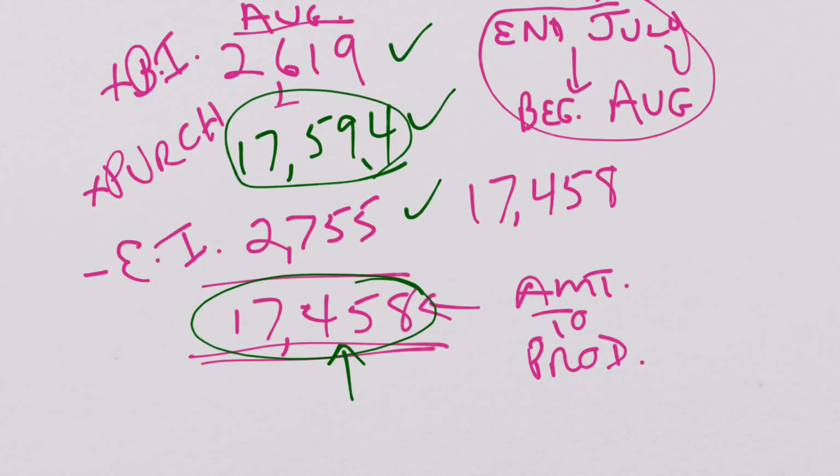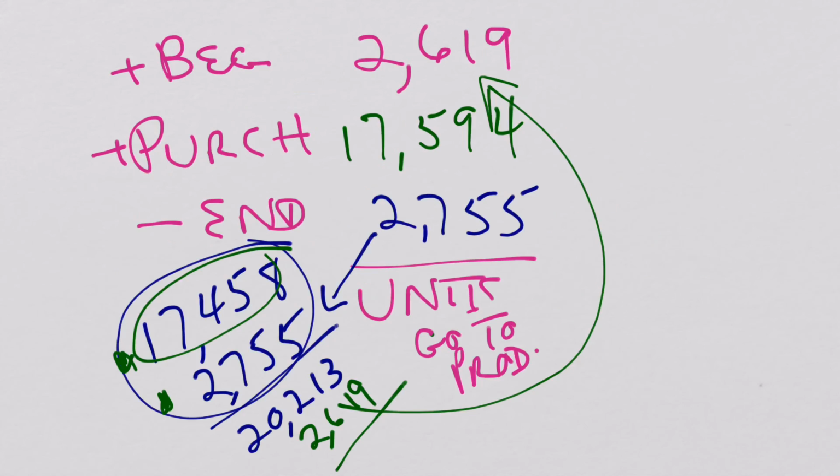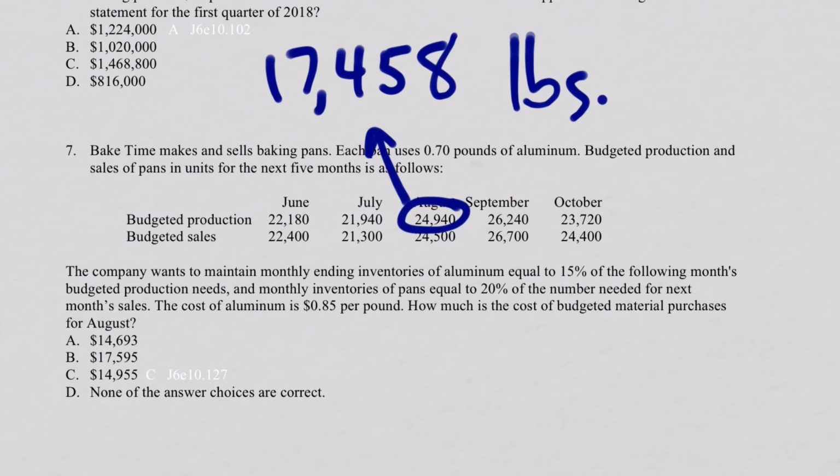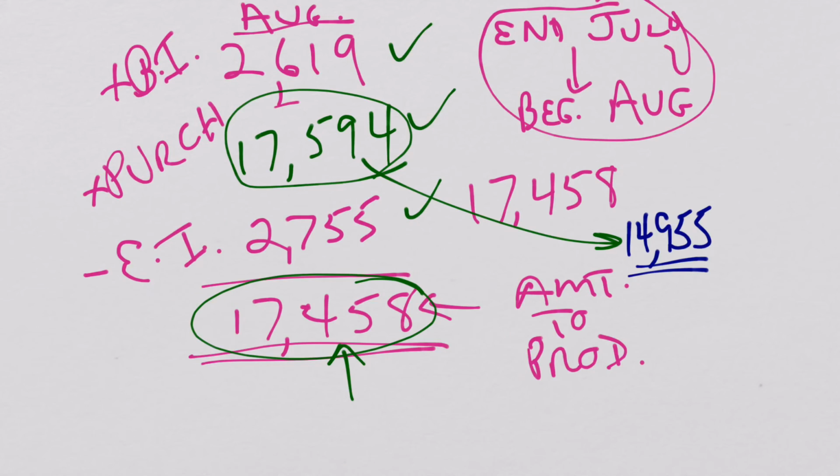Well, let's do the math here. And that will come out to 14,954.90, or rounded to 14,955. Go back to the problem, and you'll see that's the answer here. C, 14,955. One more time. We took, these are the pounds. That's what this is, accounting for all the pounds. Multiply the pounds times the 85 cents per pound to get the price, the cost price,